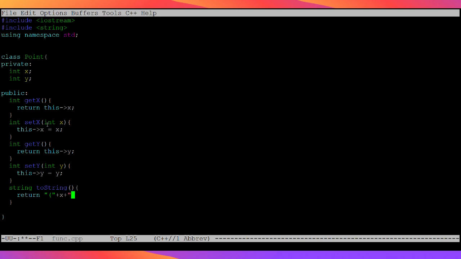I don't know. We will find out if plus works in C++ for string concatenation. If it doesn't, I have to look for it. Oh, wait. I don't need the last curly bracket. All right, so